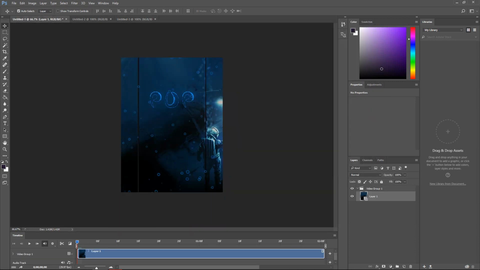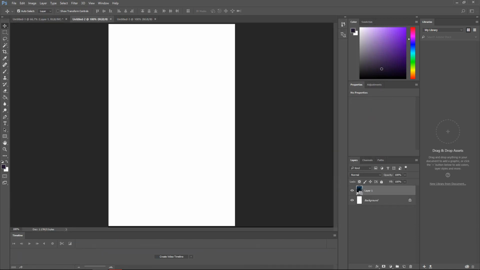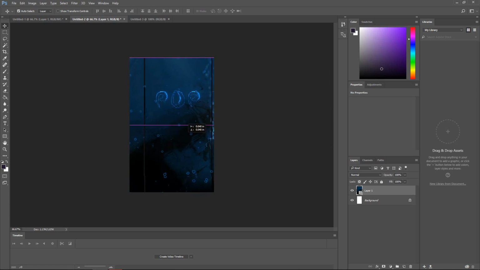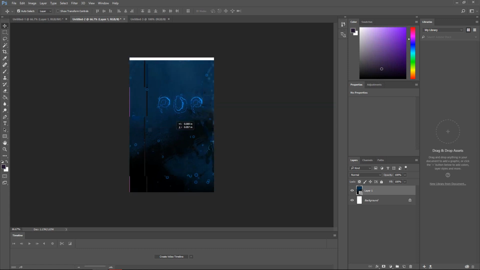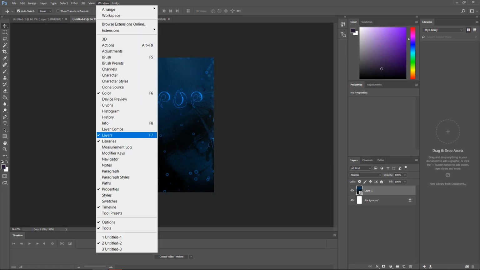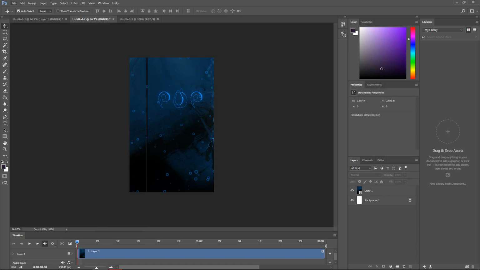The next thing you need to do is drag this right here. Wait, let me minimize this and position it like this. You see the pink arrows, lines, whatever you wanna call them, they need to be like this. And then if you have it set up, just click on Create Video Template right down here. If you don't have it, go to window and it should be called timeline. Just checkmark that. Click this, go to export, save web legacy,